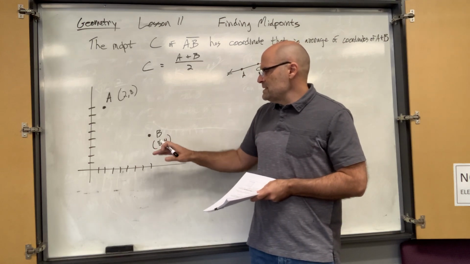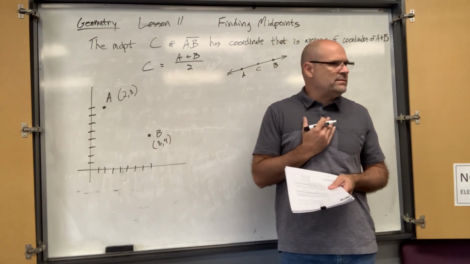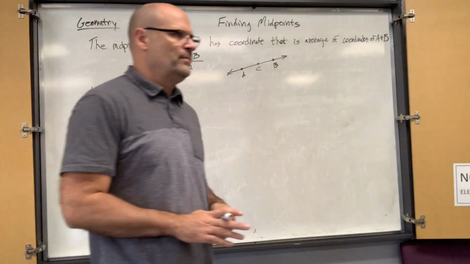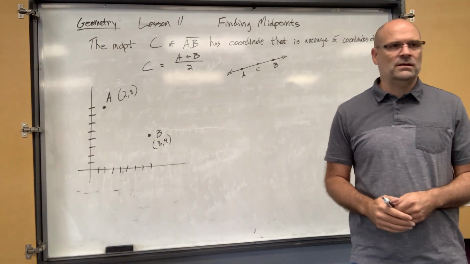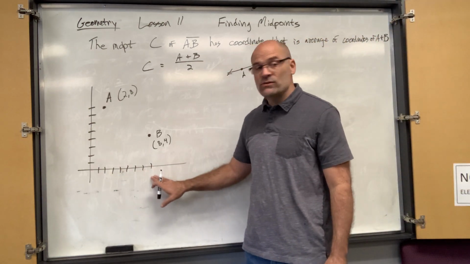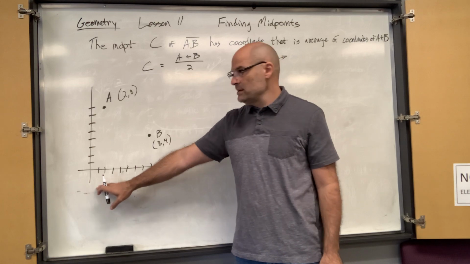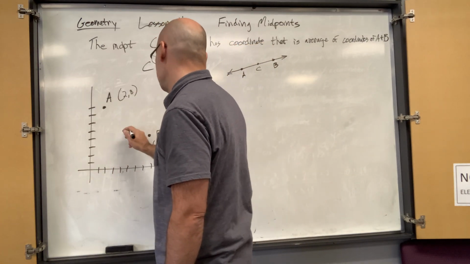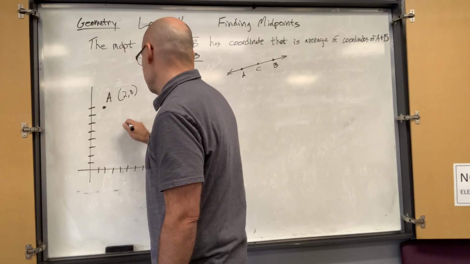So don't worry about the distance. How do you find that? Well, use your gut. How do you figure out the coordinate that's halfway between? How do you figure out the x coordinate? You divide by 2. Yeah, you can find the average of the x coordinates, right? So what's this? That's 2. So the midpoint, which is about right there,